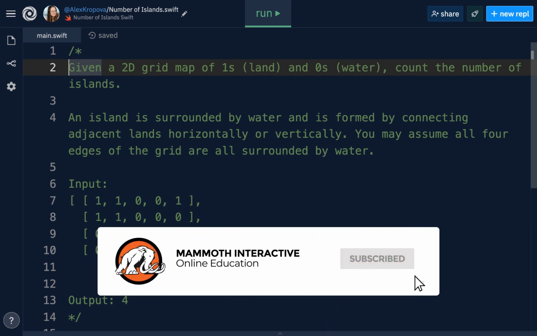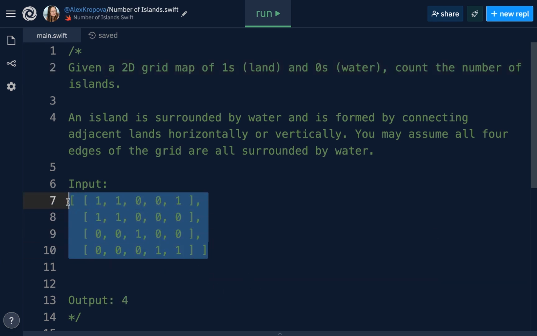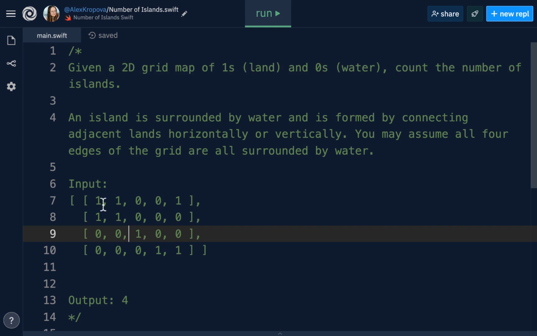As you can see, in our input we have a 2D grid, and we have 4 different areas where we have 1s connected horizontally or vertically. Therefore, we have 4 islands, and we have an output of 4. Sometimes you may also get the constraint that land can be connected diagonally, in which case we would only have an output of 2. So that is another variation on this question to consider.